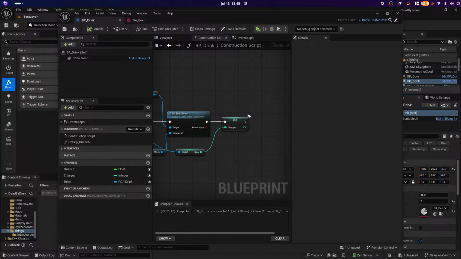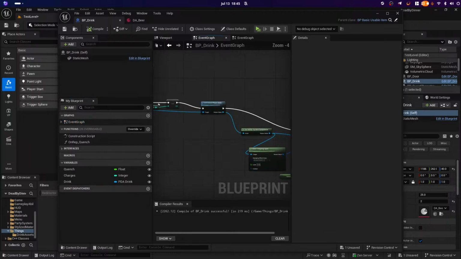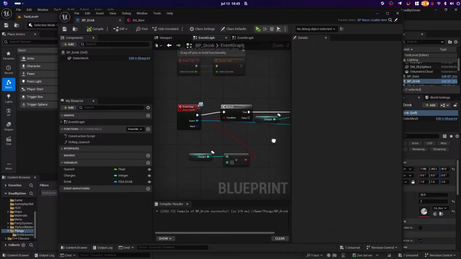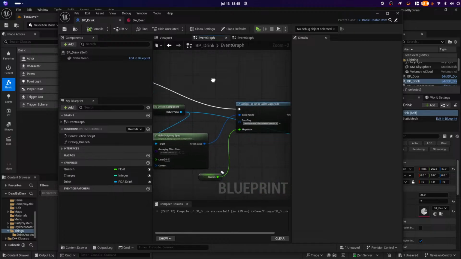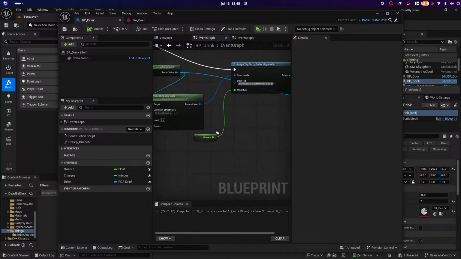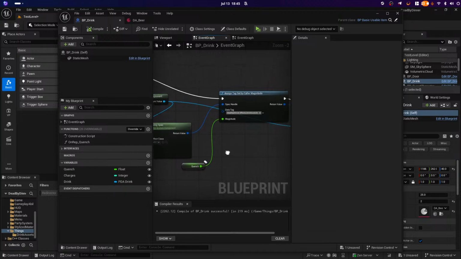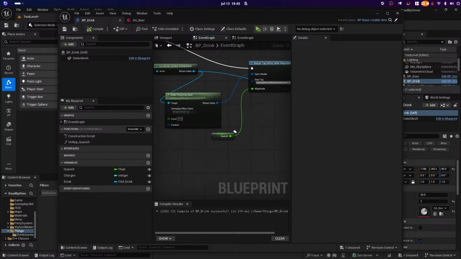Last thing I want to do is the event graph. There you go. This long meandering thing. We've got charges where we check the charges. That's right. We've got ability, blah, blah, blah, outgoing spec. We got this one here, quench, or quenching here, right? Remember that? We did that last time where we were able to set the quench as we added the gameplay effect. So instead of using this one,